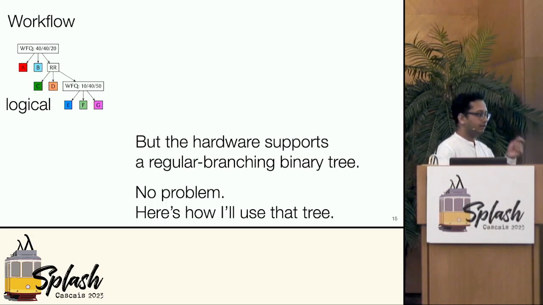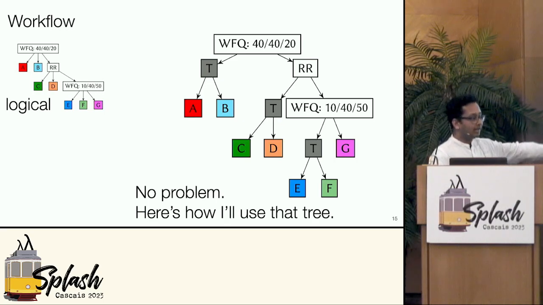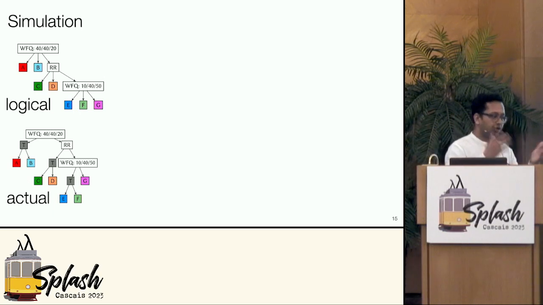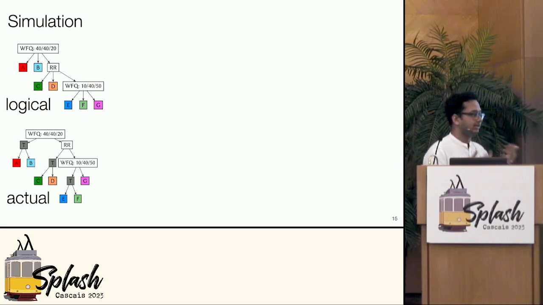We'll use the first algorithm I mentioned to create the minimum height binary tree that will accommodate my tree, and then I'll instantiate it as my compiler suggests. This is automatically generated, which I didn't have to write by myself. Now we can look at all this through a simulator, which is also a contribution of our work. The simulator can take a pcap of packets and run it through a PIFO tree and show you what would happen if the PIFO tree were to schedule those packets, including overtakes and delays and so on.